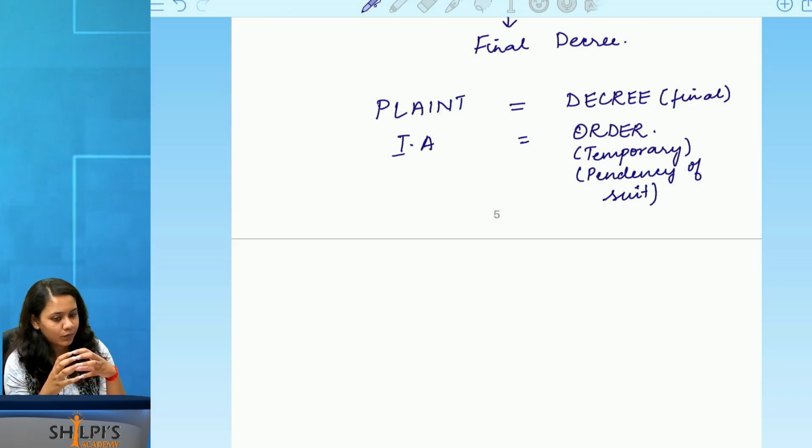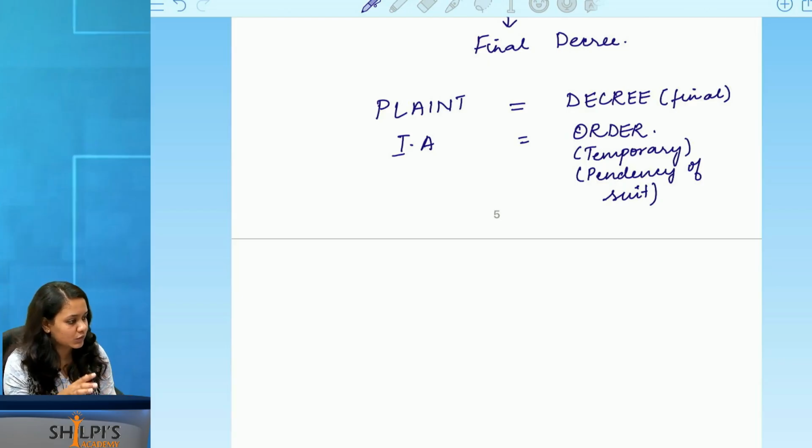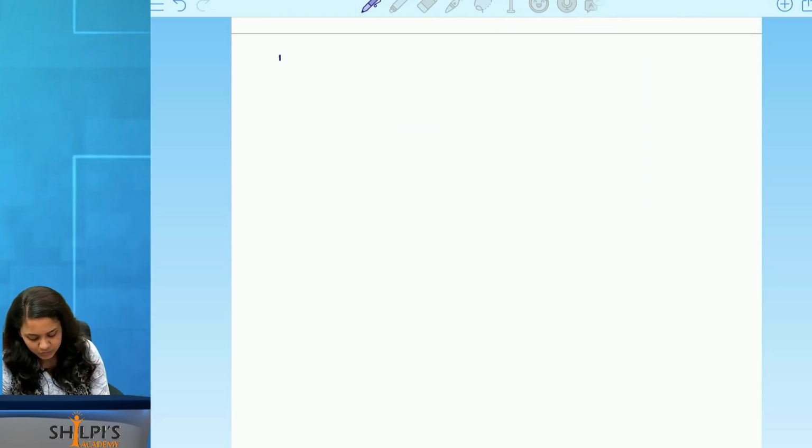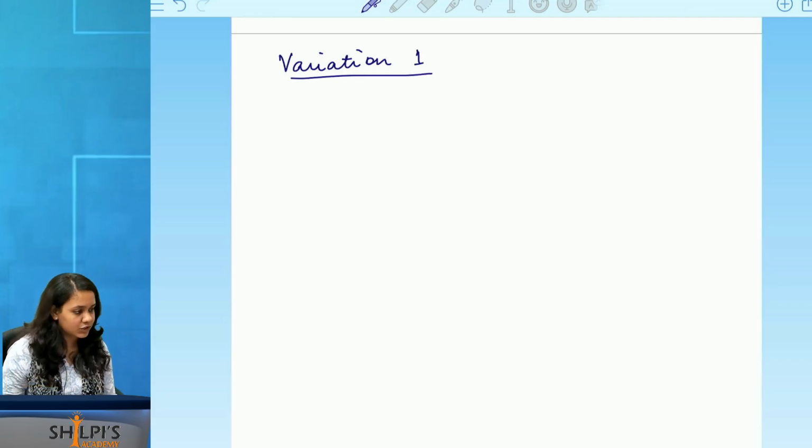Okay. By now, or when you go back home, make sure to just recollect these terminologies. And when you are studying CPC, if you give each topic to each stage, it is much easier for you to remember what comes at which stage. Okay. Now let's move on to our variations. From this point, I am going to keep giving you multiple variations of this entire proceeding. Variation number 1. You don't need to write it as variation 1. I am writing it for the purpose of explanation.